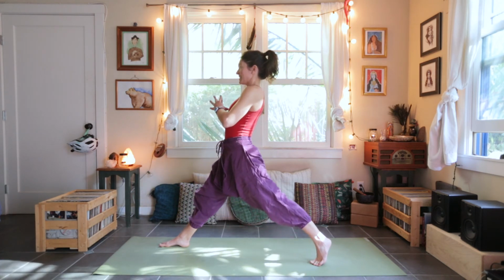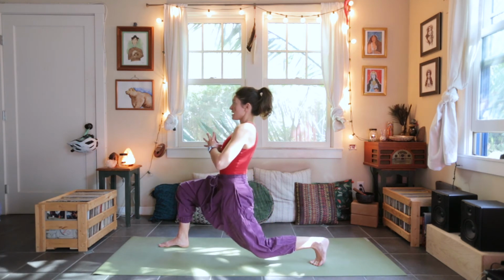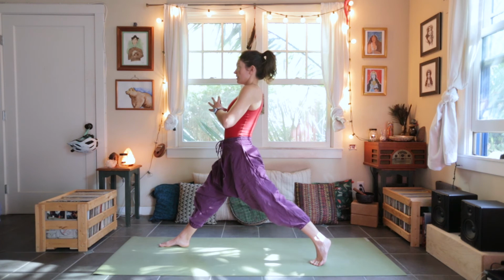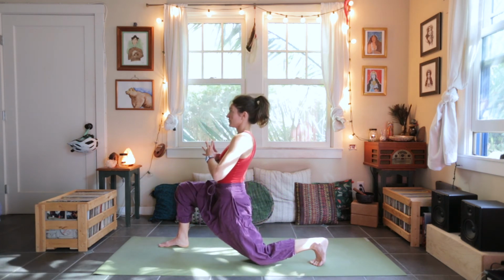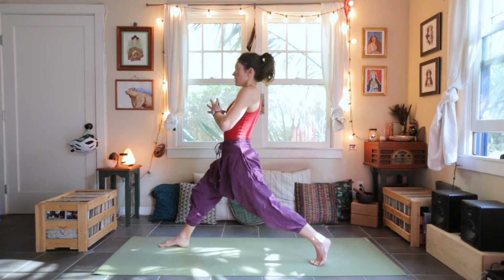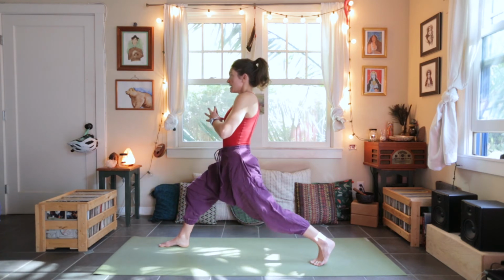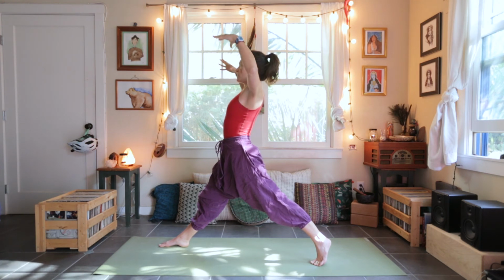Inhale to lengthen out, fix your gaze. Keep going here, exhale, bend both knees. Inhale, lengthen, just two more, exhale. Inhale, exhale, inhale, and now see if you can keep both of your legs straight and maybe even just release your arms wide there,